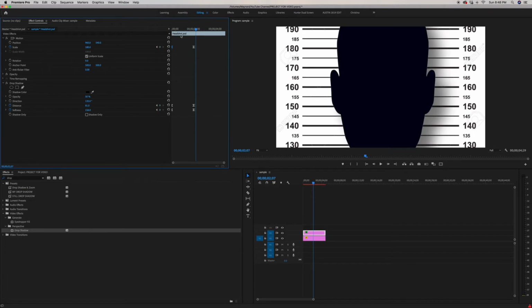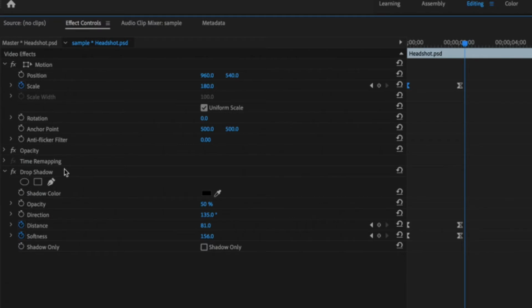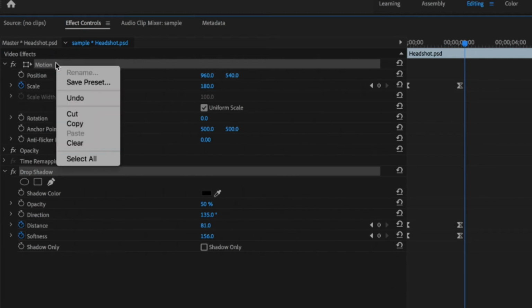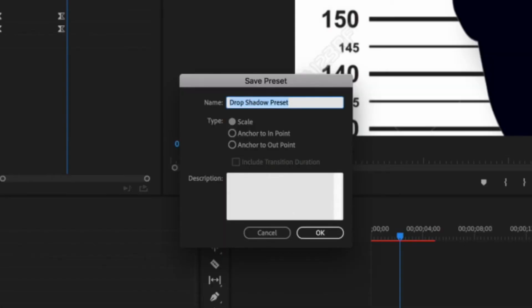And then say you wanted to use this on another video, but you don't want to recreate it all the time. So what you do is you select your drop shadow, select your motion, and when you're selecting, you're going to want to hold down Command, or Control if you're on a PC. You're going to right click, and then you're going to hit Save Preset. Now, I've already saved this, but I'll take you through the steps. I called mine drop shadow